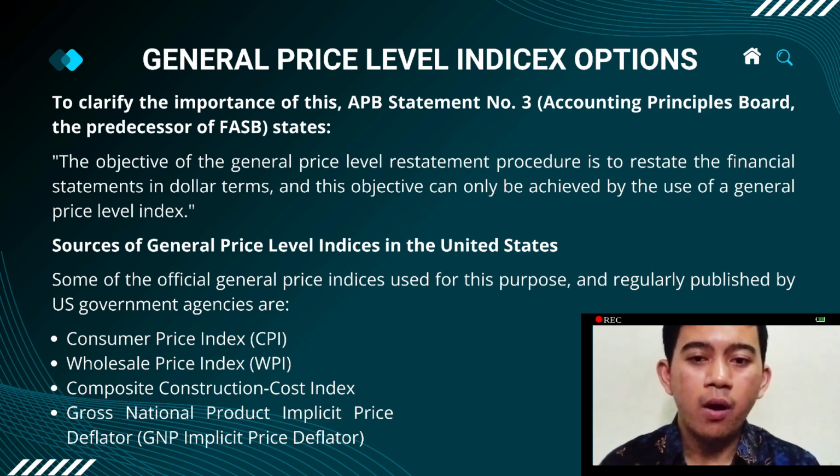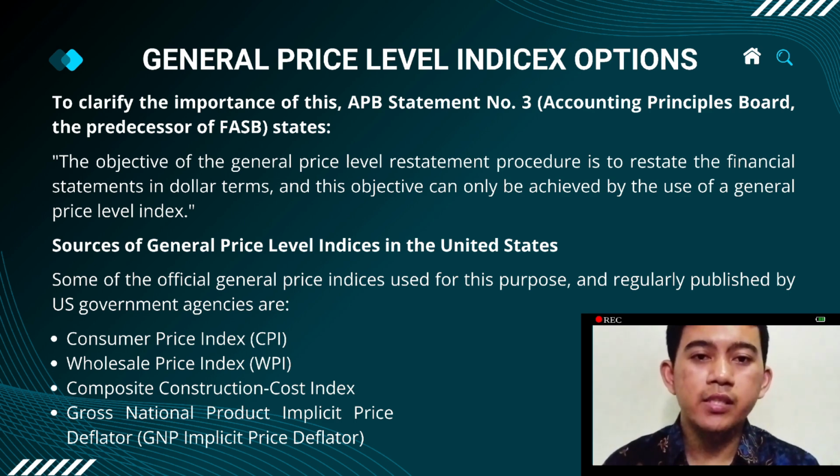The purchasing power of company investment relates to how much the investment is able to retain its value in the face of changing price levels. The purchasing power of specific replacement implies more on the company's ability to replace certain assets considering the current price. It is important to understand that restatement of financial statements based on the general price level cannot be done arbitrarily, as stated in APB Statement number 3.